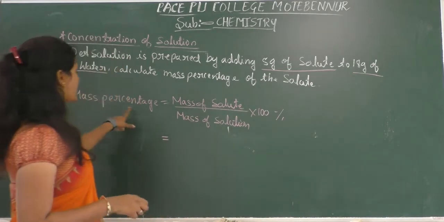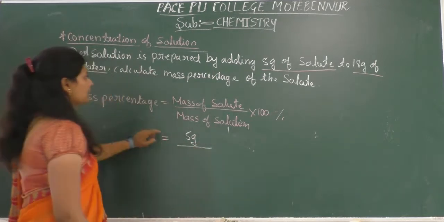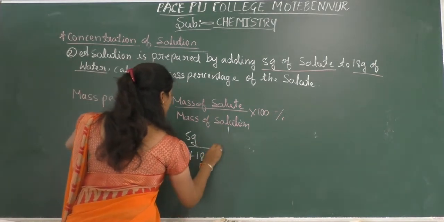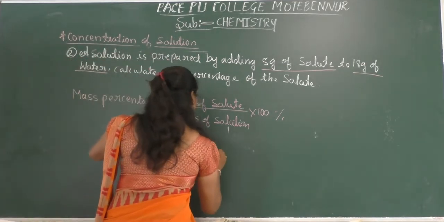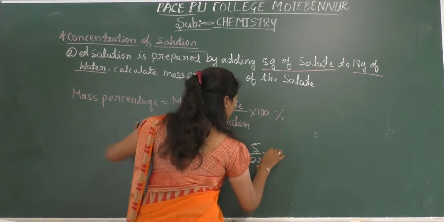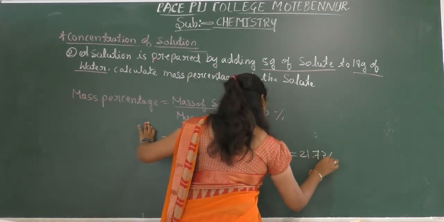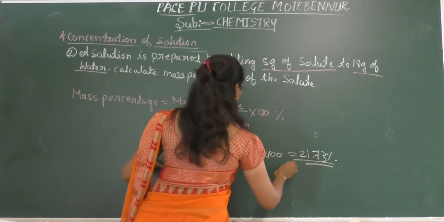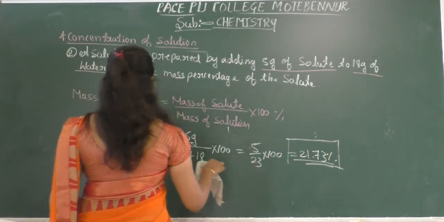Okay, so here the mass percentage of a solute is the mass of solute in grams divided by the mass of solution, which is 5 plus 18 grams. So 5 plus 18 is 23. So 5 divided by 23 into 100, the answer is 21.73%. Okay, so this is the total mass percentage of a solute in a given solution. Okay, so next one is